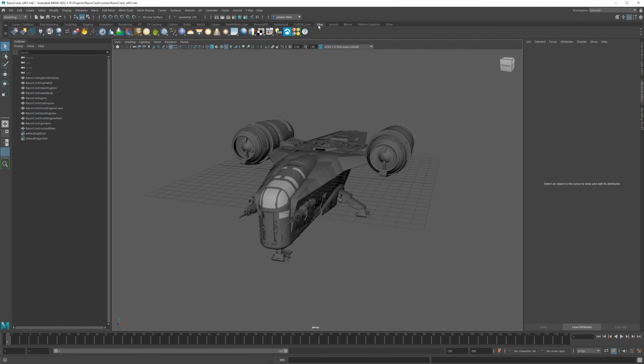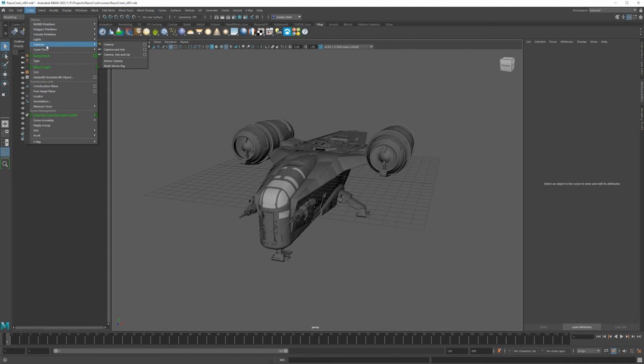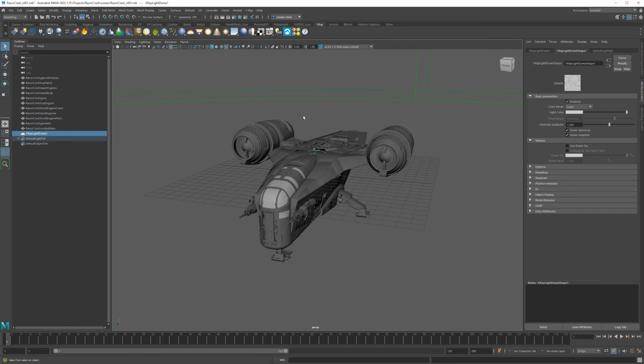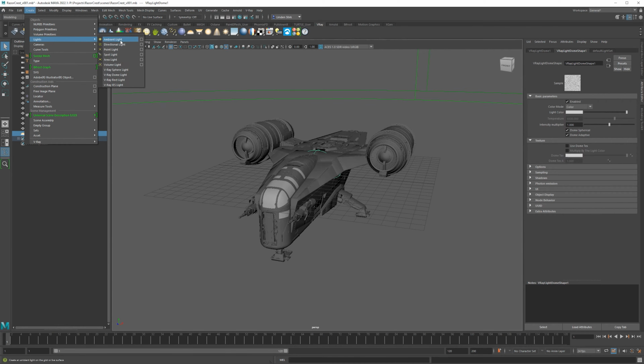Okay, so we can click on the V-Ray tab here, or you can just go to create and grab your V-Ray stuff from your lights section here, V-Ray lights. But I kind of like this panel now. I never used to, but here we go. I'm just going to use this, and we can grab a dome light, and by default the dome light is going to give you a pretty homogeneous, ambient light, essentially. It's not what an ambient light is, though. That is different. In Maya, there is something called an ambient light, which is an abomination, and you should never use it. So don't use that unless you know what you're doing, basically.